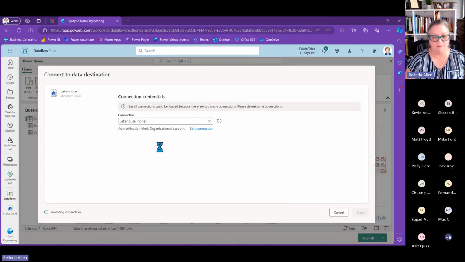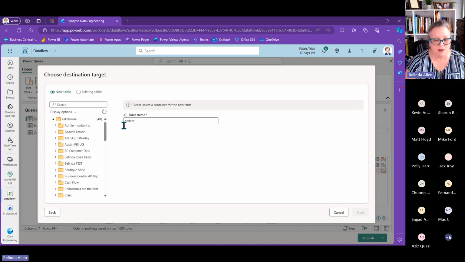And when this comes up, one of the other things you could do is verify data types. So, oh, not yet. Sorry. Here's the table name that it's going to create. I'm going to make it a capital orders just because I'm a weirdo. Oh, I belong in Austin then, don't I? Okay. And then here is my lake house right there. And then I'll click on next.